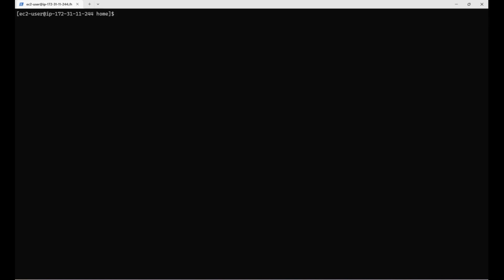Let's take one example. In this example, we will create one file using another user and try to modify it with our own user, where we do not have access to this file. Let's switch to the other user. Let's see the current working directory. We are in the home kernel directory. Let's check the content of this folder. As there is no file, we will create one file